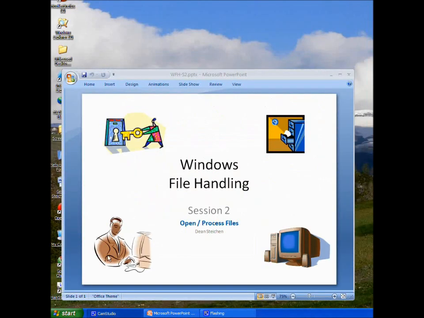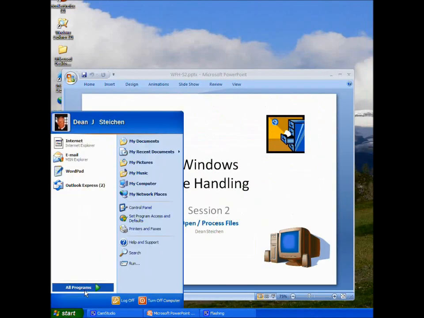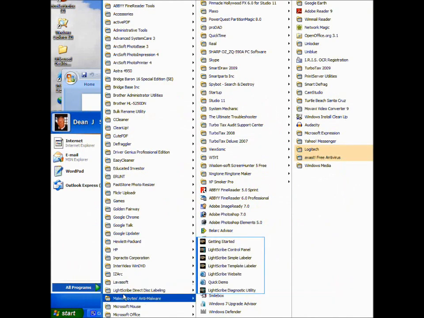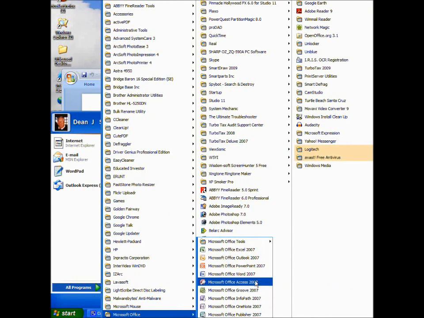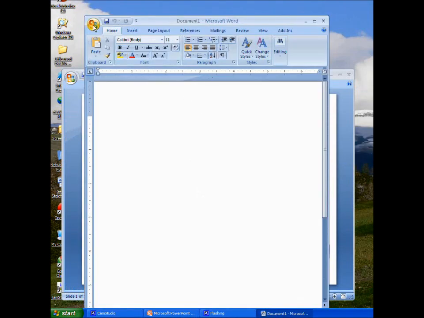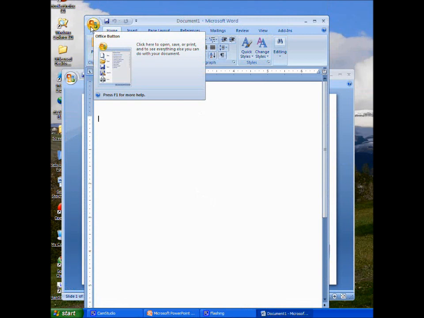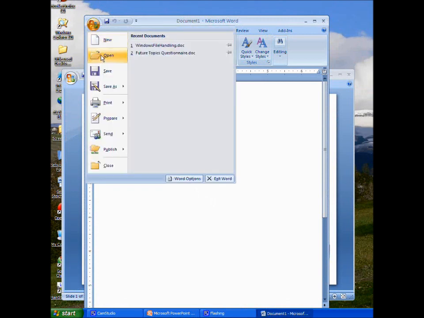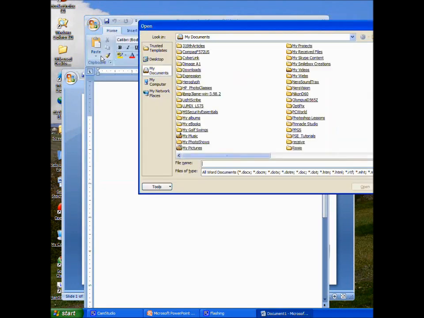As I said, the second method is when you go to Start and you go to your program and you find the program that you want to use, in this case Microsoft Word, and we can open up Microsoft Word and then use Microsoft Word. If you have an older version, there would be File in the upper left corner. If you clicked on that, you'll have an option to open, and it'll open up